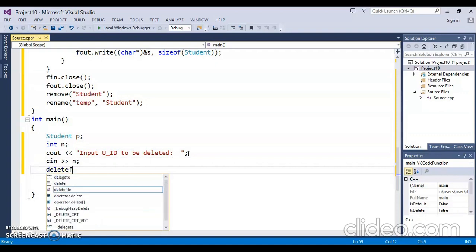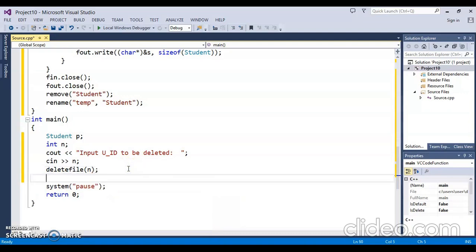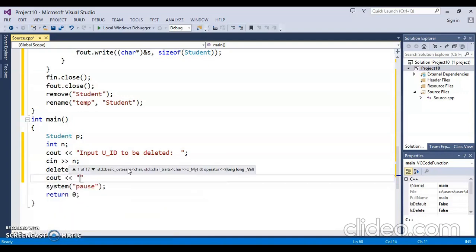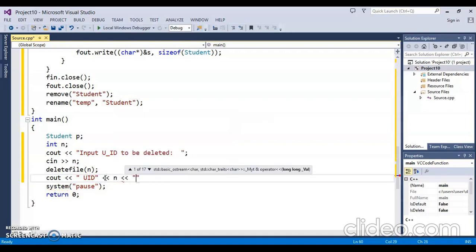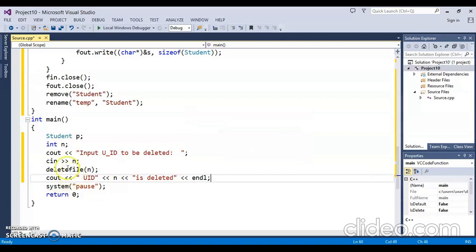Delete file N. This is the UID which we want to delete, and then let's say we write cout, UID N is deleted, and then we will read the student file, because now we have used delete file and we have renamed temp to student.